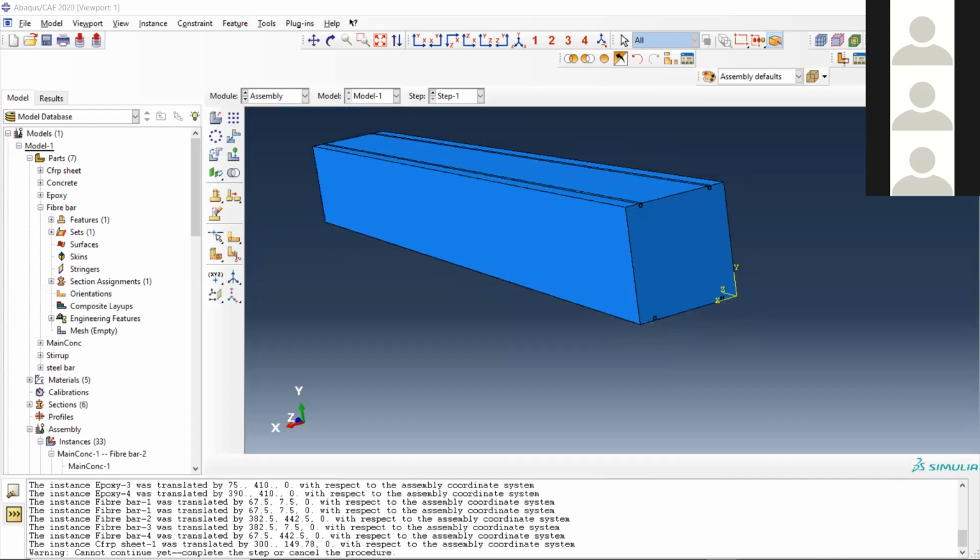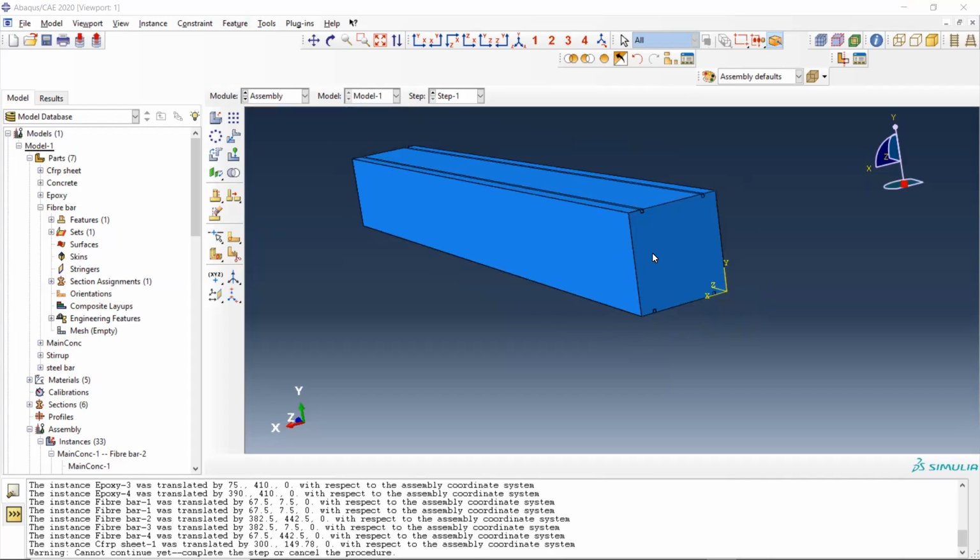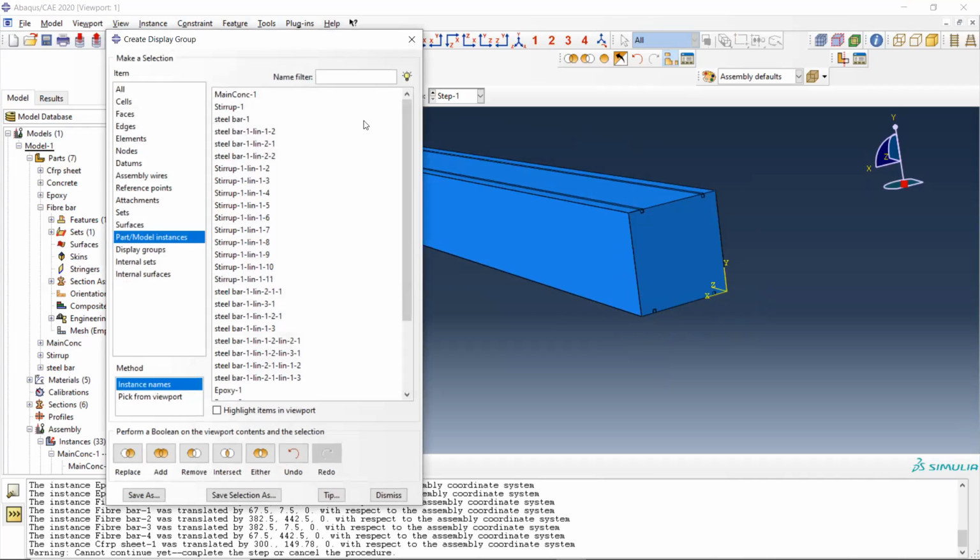So is my screen visible? Not yet. Hello. Yeah, not yet, Ashish. Yeah, now it's visible. Yes, sir. So this morning I was talking about this.